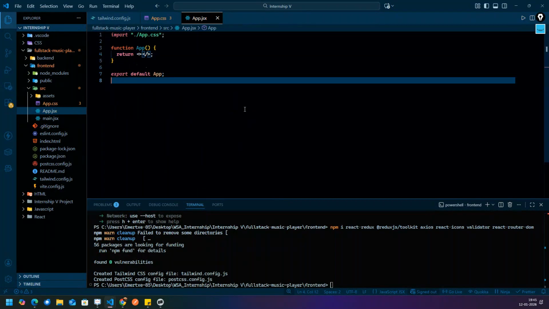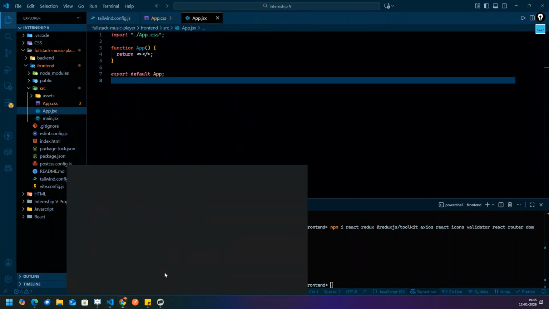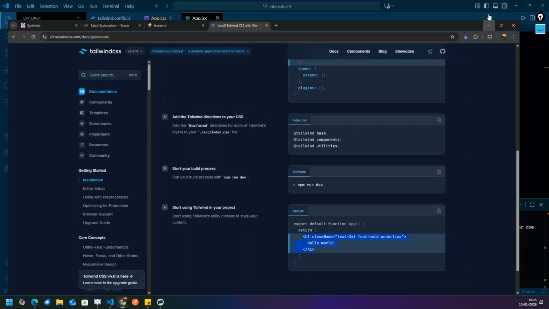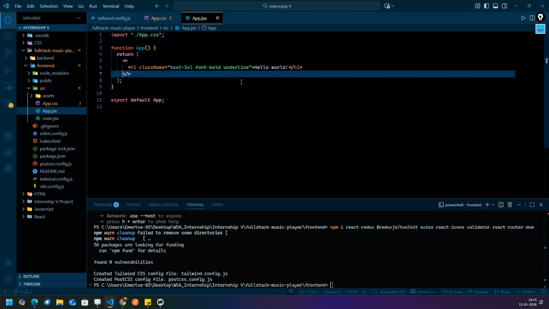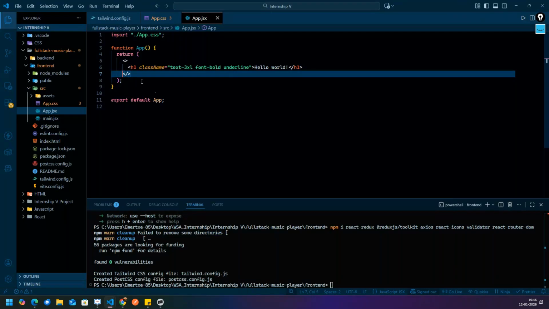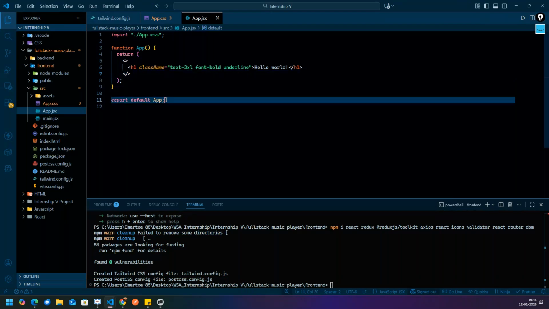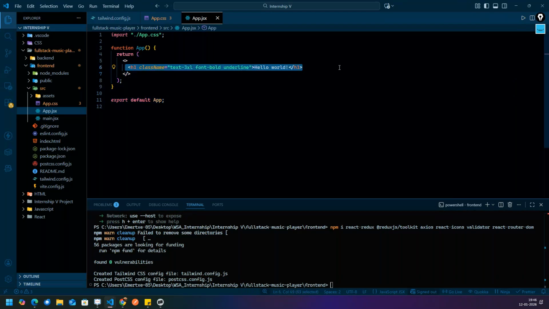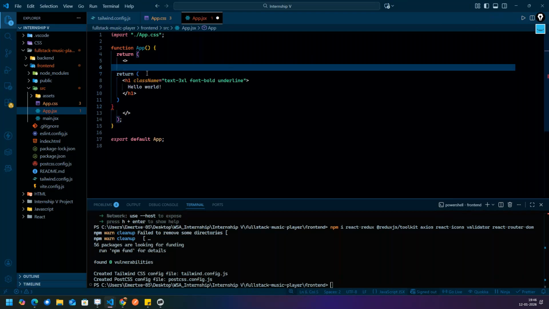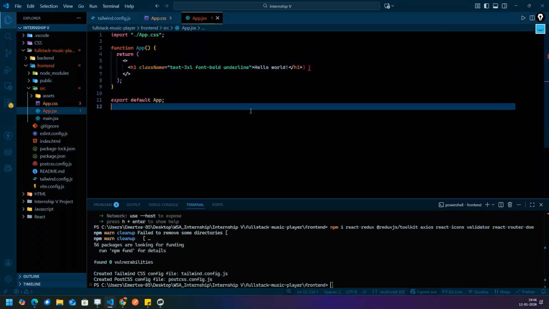Then it is telling me to check this one, so copy this, Control C, and over here, Control V. Or we can copy the whole thing over here. You don't need this.